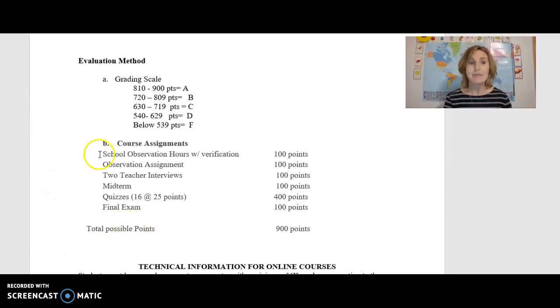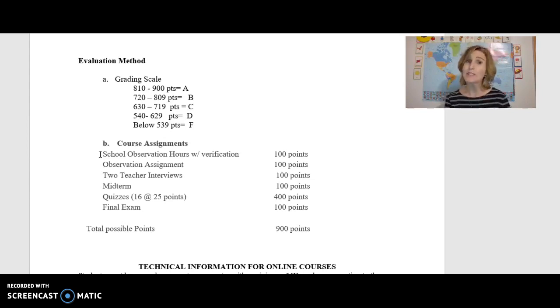So here it is. You do have a school observation project that you have to do, and many of you have already read through that. You have emailed me your volunteer forms. That is perfect. Thanks to everyone who has already emailed their Sampson County volunteer forms to me. I appreciate that. And as you know, this is an 8-week course, so time is of the essence. You need to make sure that you get that to me if you are wanting to go to Sampson County schools. I will need that by Monday of the coming week.